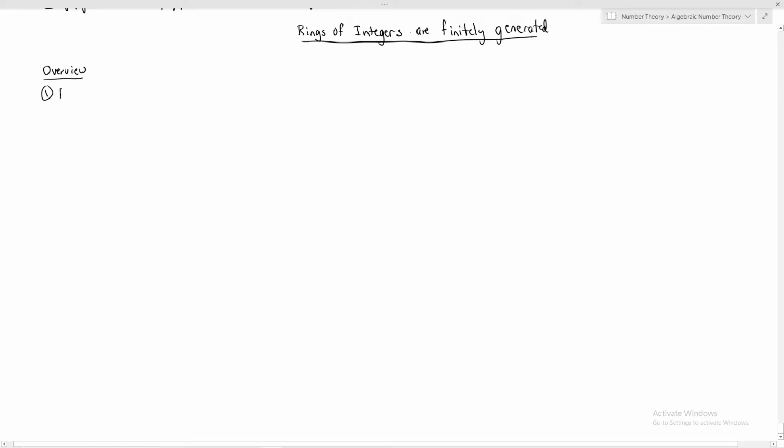So, goal: we're going to prove rings of integers of number fields are finitely generated Z-modules. I guess we're going to prove something slightly stronger, where if the field has degree m over Q,